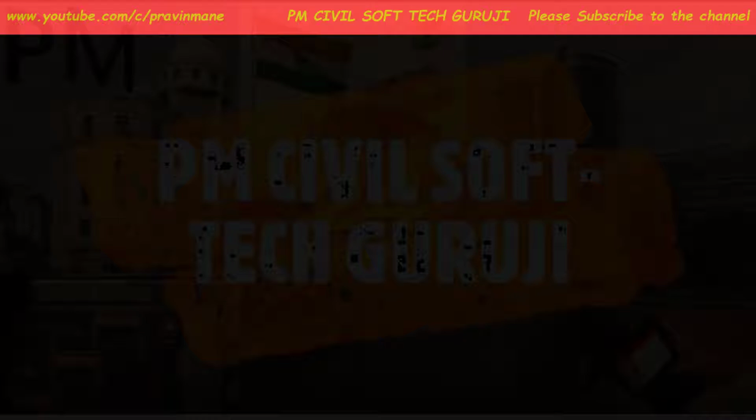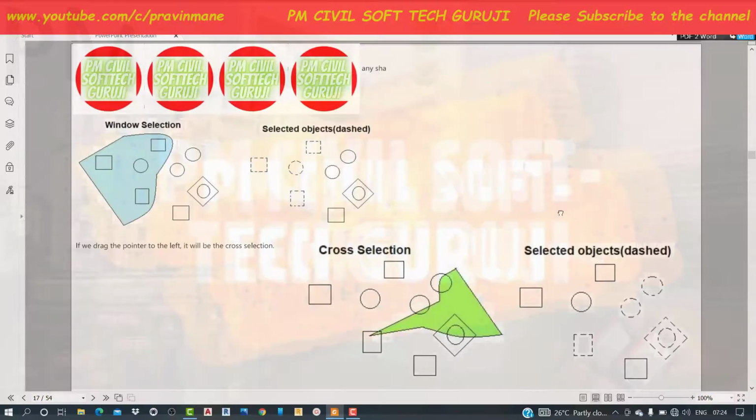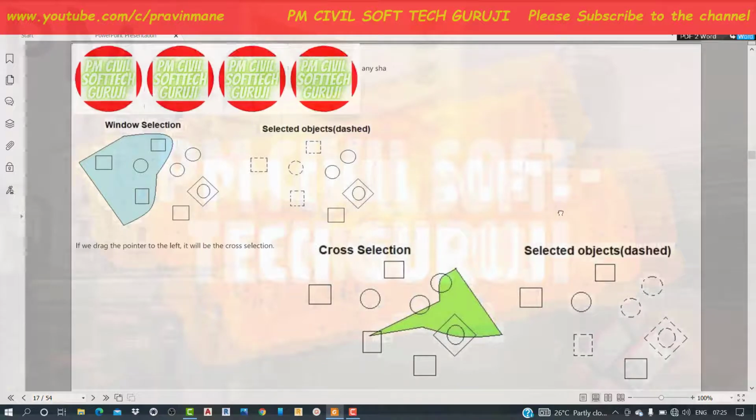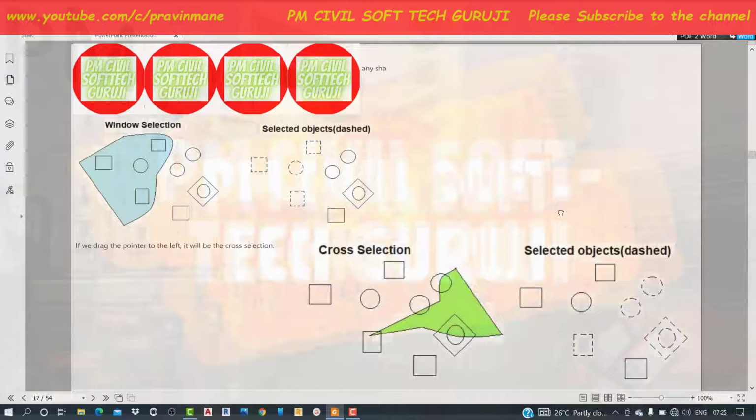Then after this, in the figure, you will see the lasso selection. The lasso selection is similar to the cross and box selection. We can select the object in any shape. If we drag the pointer from left to right, it will be the box selection.